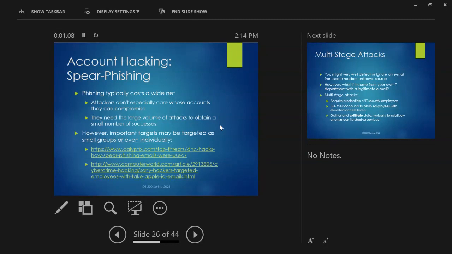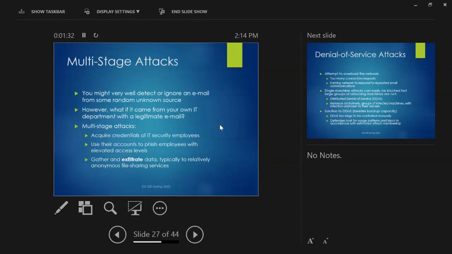Spear phishing is targeting particular individuals, right? Ordinary phishing is like a big trawler out in the ocean throwing out a net. They catch a bunch of fish. They don't really care if they catch Charlie the tuna or Fred the tuna. They just want to catch a tuna. With spear phishing, they're really after Charlie the tuna for whatever reason. I don't know what he did. They're after him though.